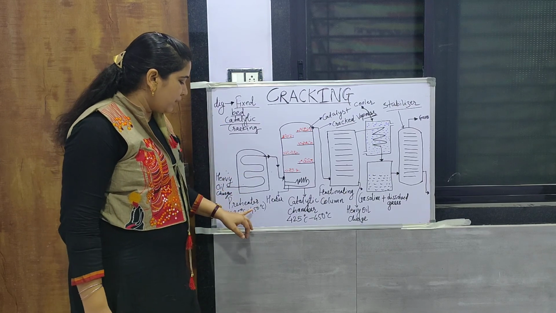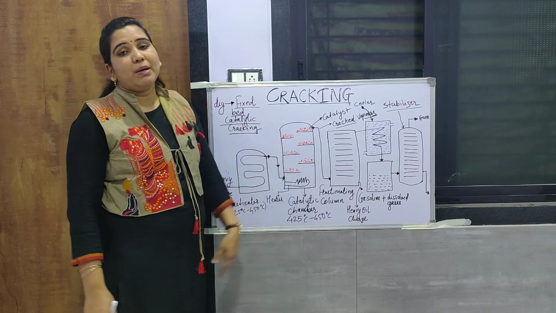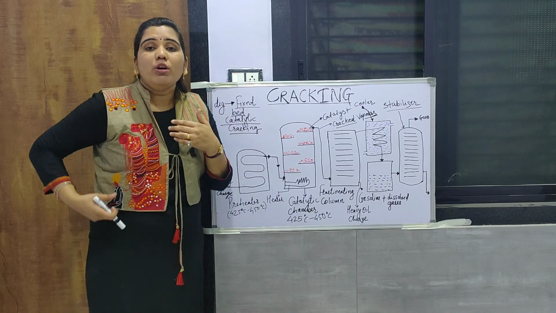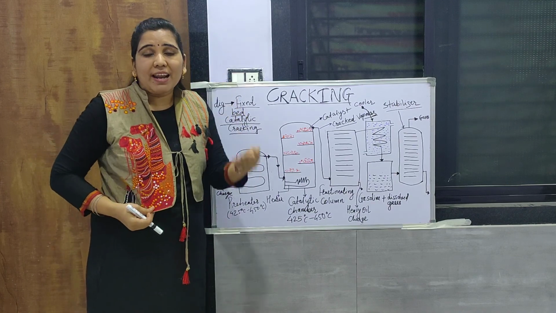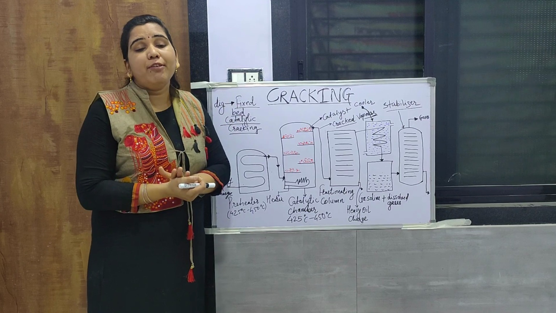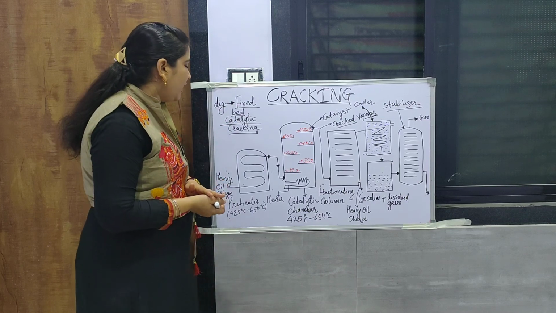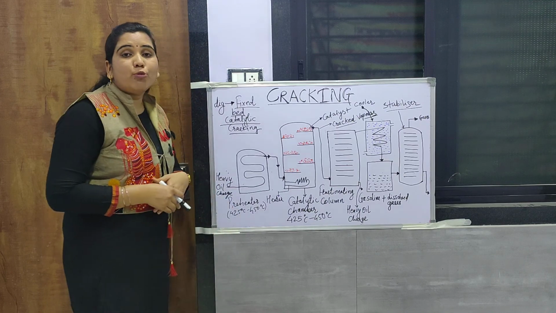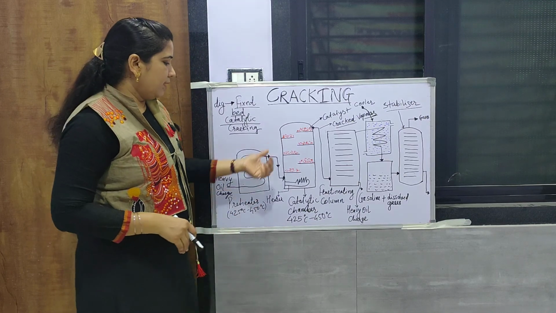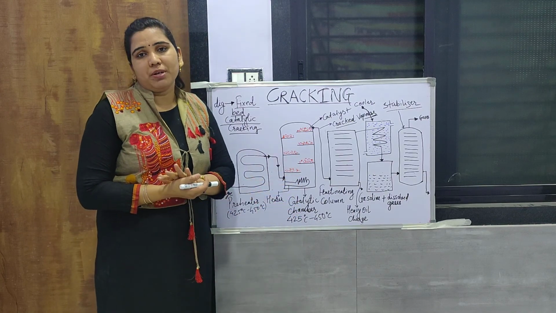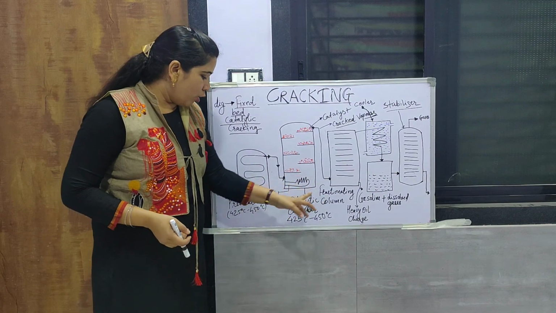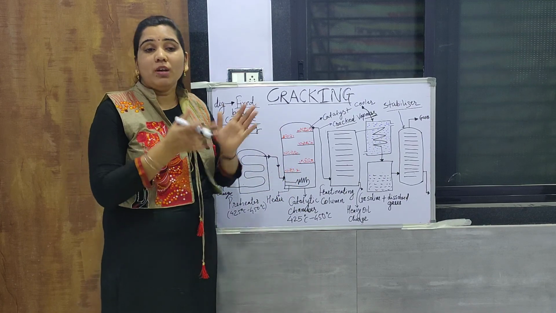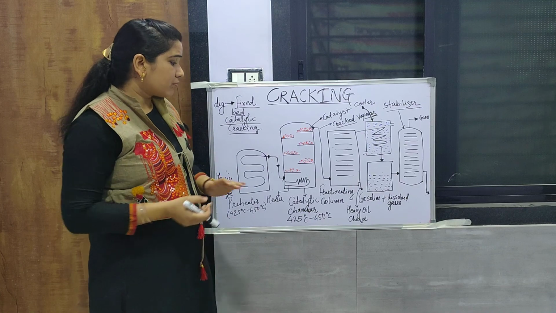First of all, there is a preheater. Different compartments are shown here. First there is a preheater in which, before the process of cracking, the heavy oil charge is heated. In the preheater the temperature is maintained at 425 to 450 degrees Celsius. Next is a catalytic chamber in which a coil, or we can say a heater, is provided, and with that there are fixed positions for the catalysts.